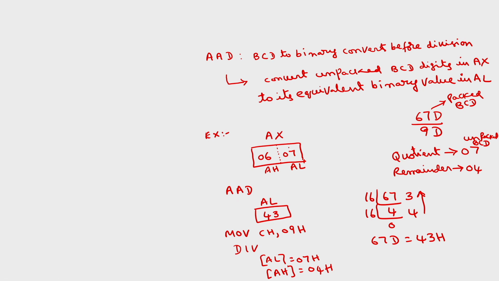If I write the instruction AAD, the contents of AL become the hexadecimal or binary equivalent of 67, which is 43. Now this will perform 43 divided by 9, because 43 is the hexadecimal equivalent of this decimal, so this will give quotient and remainder as 7 and 4. In DIV CH, the internal operation we have already explained in the last class: the AX contents will be divided by the CH contents, and the quotient will be stored in AL and the remainder in AH. So this is about the AAD instruction. These are the different arithmetic instructions in 8086.